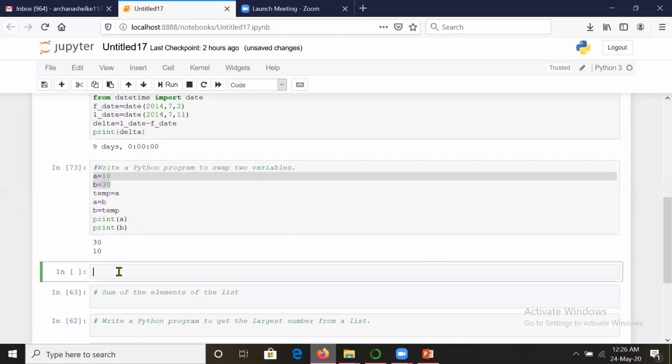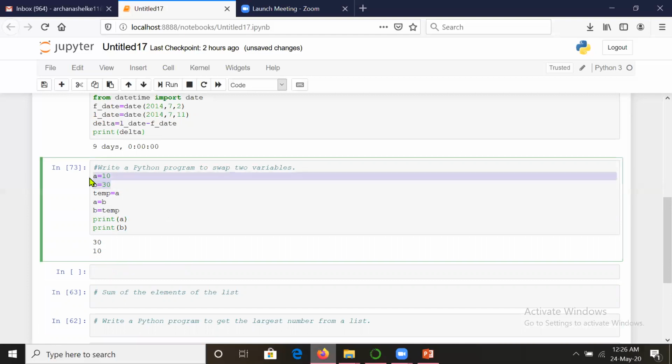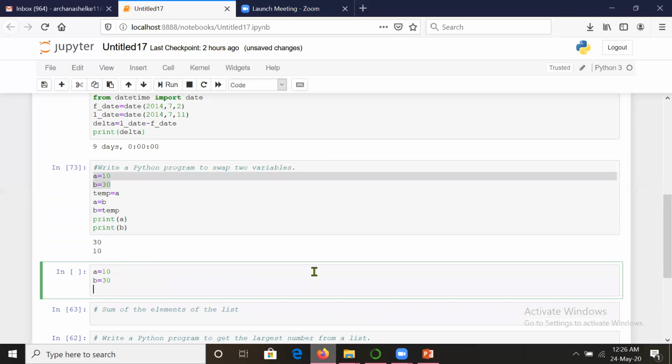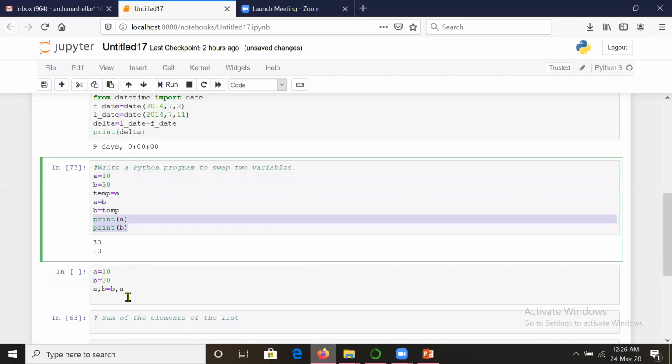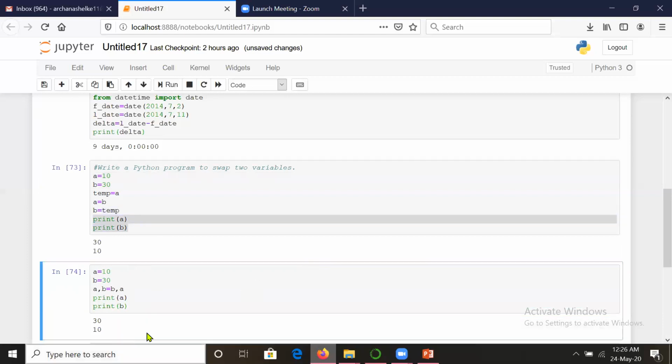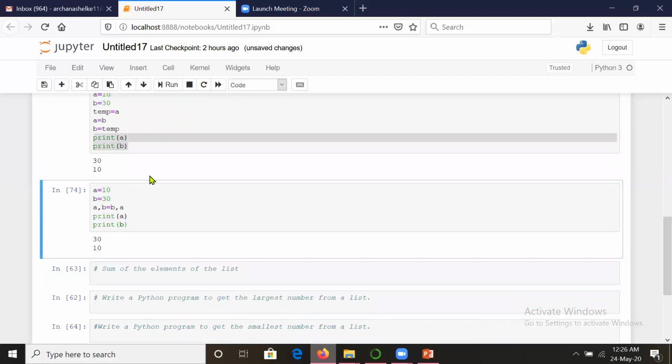But guys, this is not needed. In fact, in Python, I will tell you the technique for swapping numbers. I am taking a fresh cell, and here you just say a, b = b, a, and it will rotate the values. B's value will be assigned to A, and A's value will be assigned to B. Let us print this. You can see those values are swapped. This is within one line, but I told you Python is amazing. This is the uniqueness of Python, how we can assign the variables.